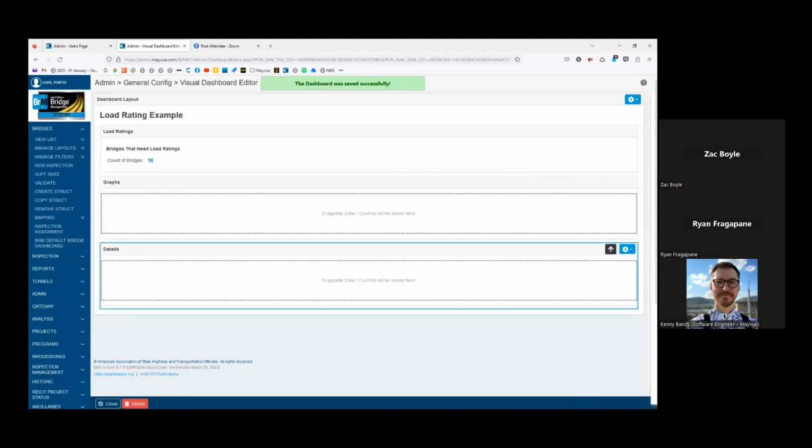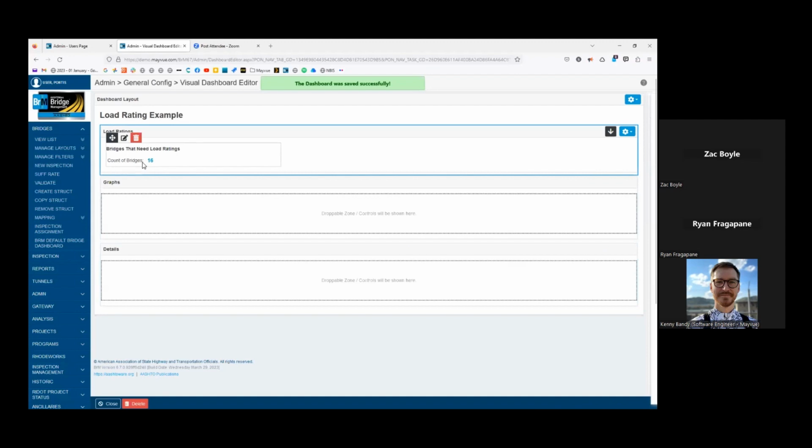All right, so we'll save that, and it brings up the count of bridges that need load rating. These are the bridges that have my load rating recommended box checked, so that's set to 1. That was what was in that query: if that equaled 1, then they were brought back. So to that prior question about could you make counts like this that find bridges where the deck